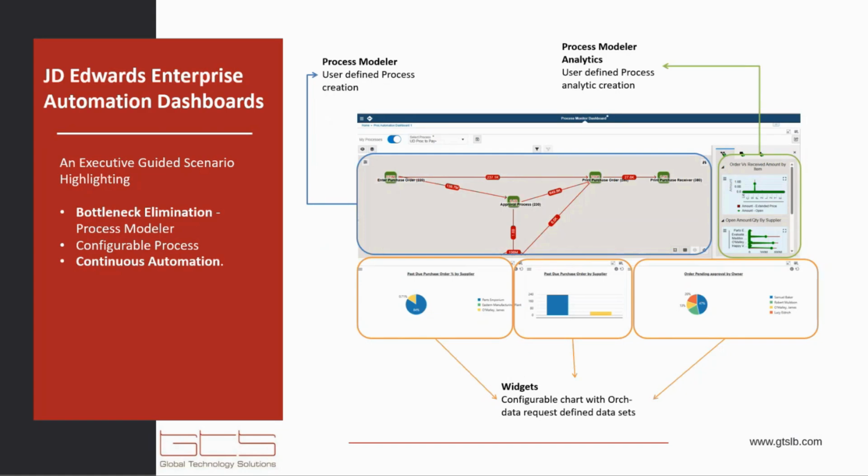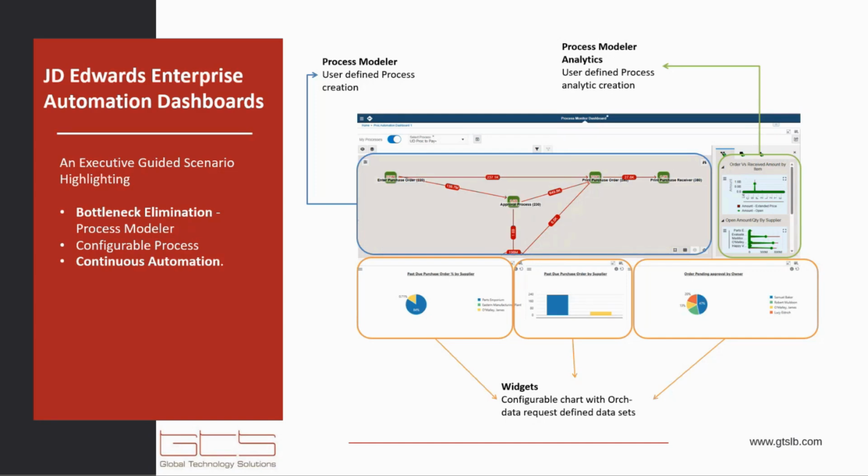Another type of dashboard can support business analysis and process control, as you can see here. So what does this dashboard include? Here we have the process modeler. It includes the process modeler, the widgets, and some analytics embedded in the process modeler itself. This provides a complete view of the process bottlenecks and helps identify unnecessary steps. We'll discuss this in detail also. The key enhancement when talking about the process modeler, especially for the teams who have worked on the process modeler in the previous release,